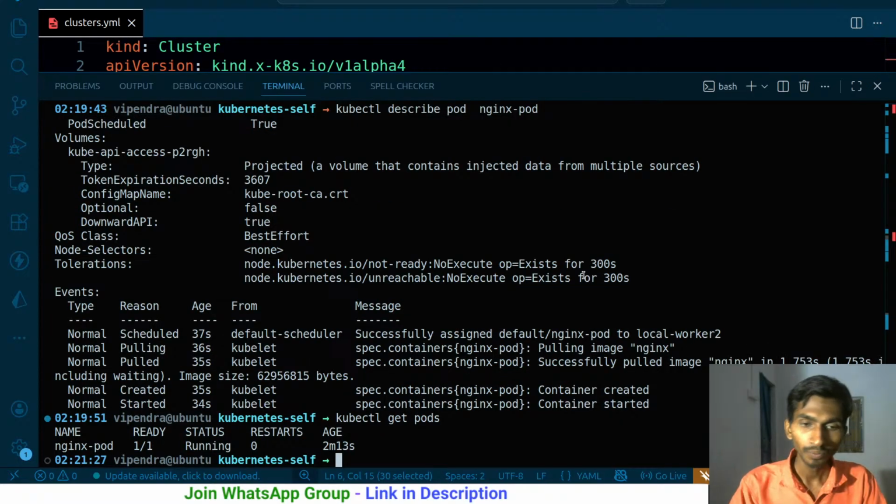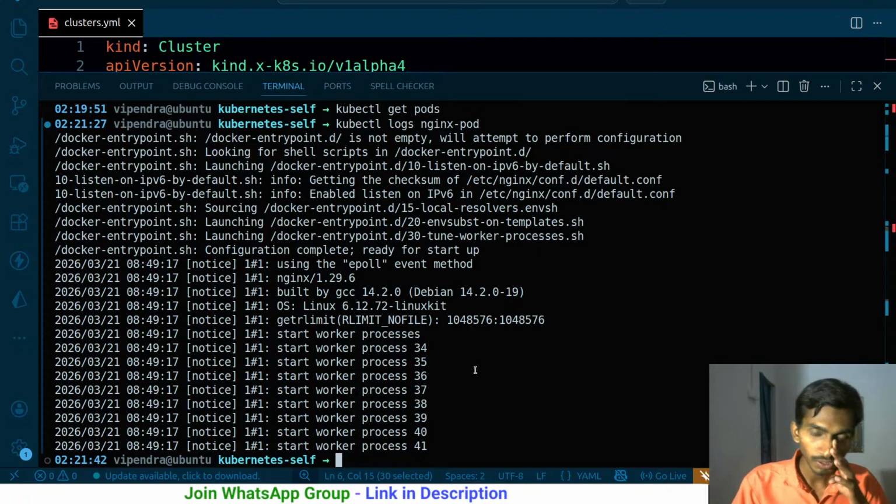These are the pods that I have, and now I'm going to be checking the logs of the pods. So kubectl logs of this pod, nginx pod. If I run this, so these are the pods that I have, but the thing is